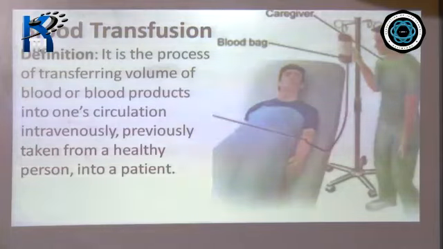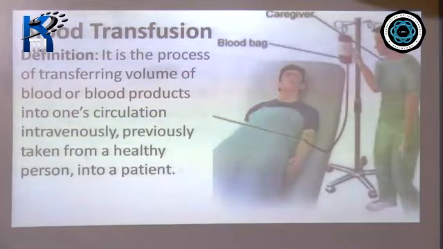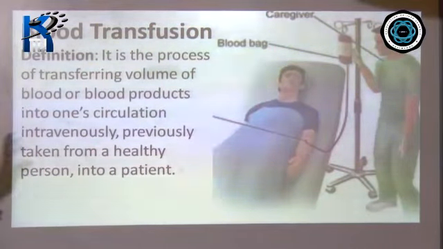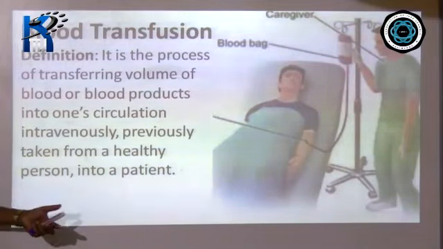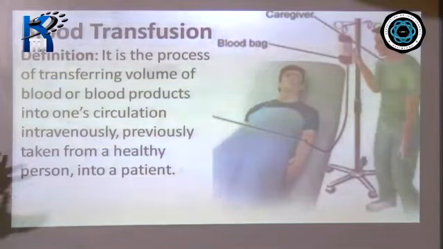Now, when I say blood products, in certain cases only RBC are required. In certain cases, platelets are required. Mostly in cancer surgery, what is required? Platelets are required, so only one type. Platelets are required in larger quantity, so it depends upon the type of disease. When I say RBC, or if the person is too anemic in nature, then hemoglobin is required. Like that, the blood products are required.